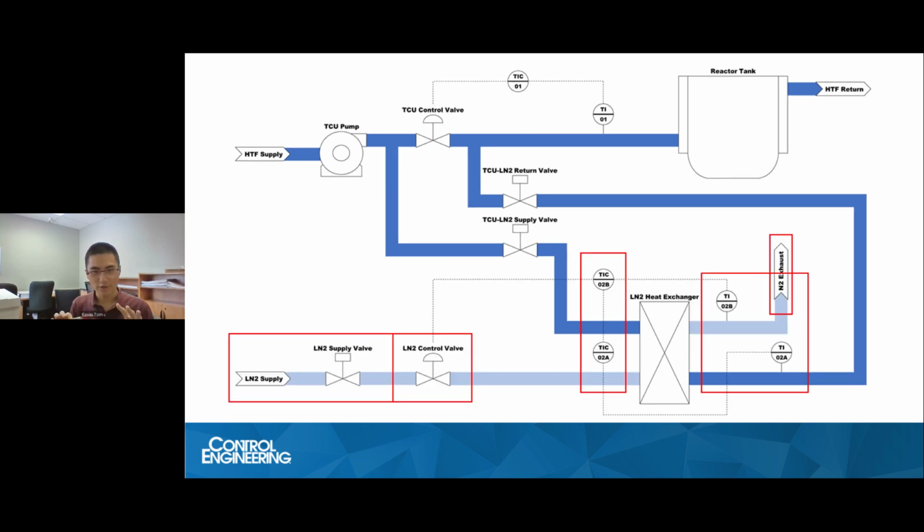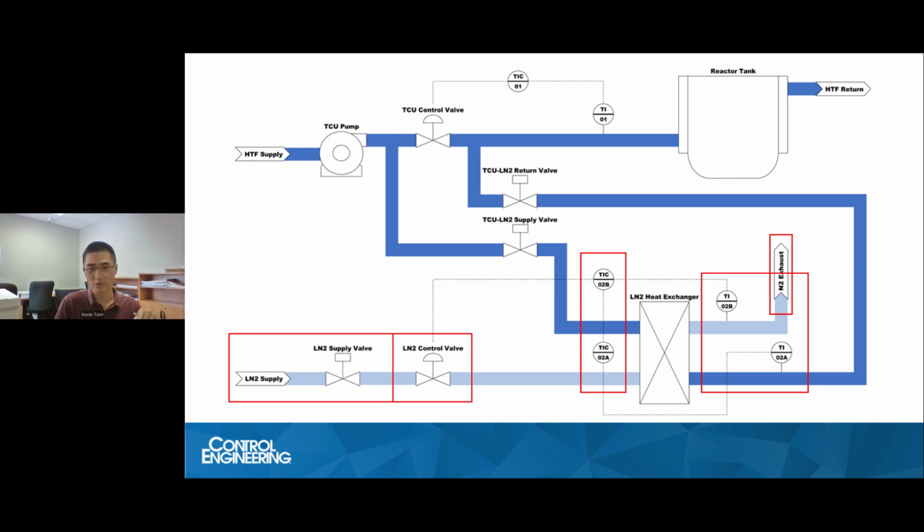So again, this is the same diagram, but we just added on the nitrogen flow path at the bottom here. Down at the bottom left, you have the LN2 supply and the LN2 supply valve. That valve opens up once LN2 cooling is activated. Next, you have the LN2 control valve here. This valve gets modulated based on the amount of cooling we need, and that gets determined by the cascade control